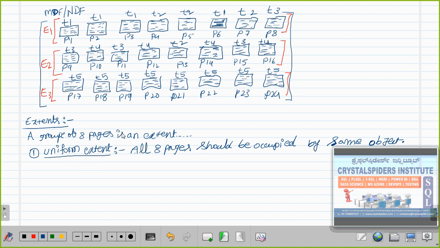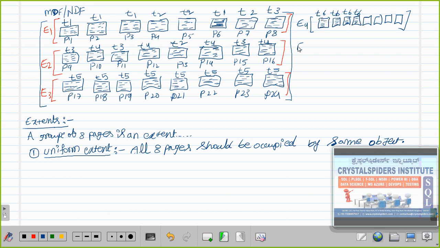Mixed extent means all other extents are mixed extents. Maybe like this is one extent E1, sir. It is occupied, all pages by different objects, E1, E2. Let's say E4 extent is here. E4 extent, and so this is one page, 2, 3, 4, 5, 6, 7, 8. Total 8 pages. And first few pages are occupied by different tables or the same table, it doesn't matter. So now here this is table T6. Same table T6, but 4 pages are free. Still it is a mixed extent only.